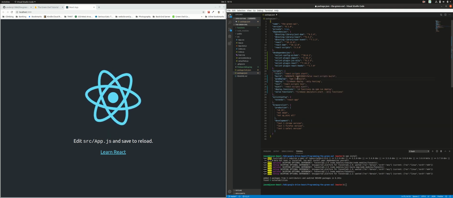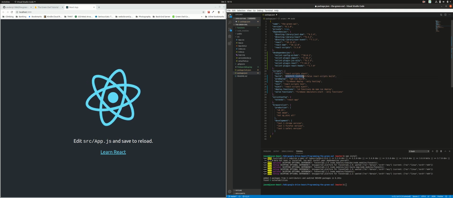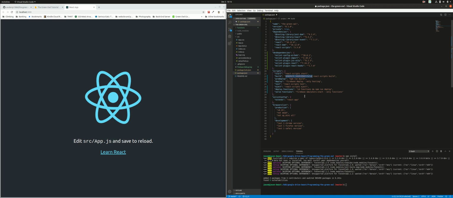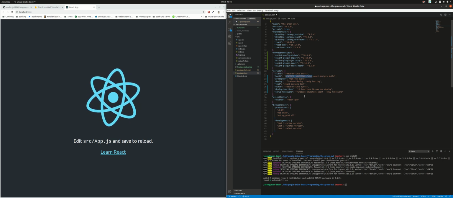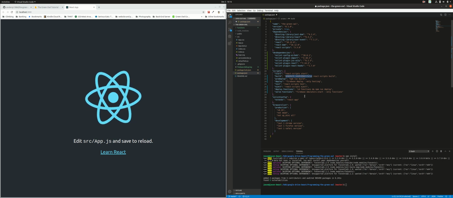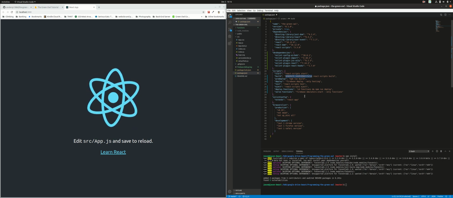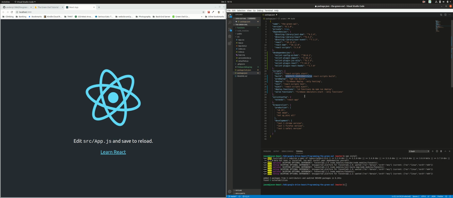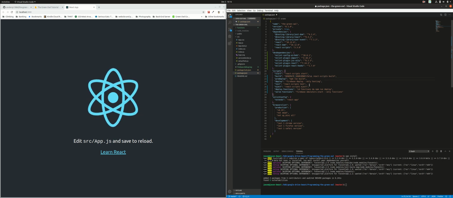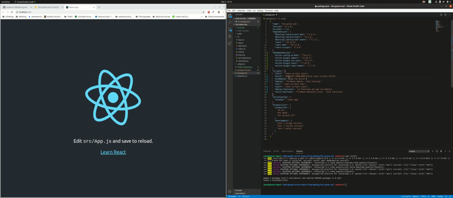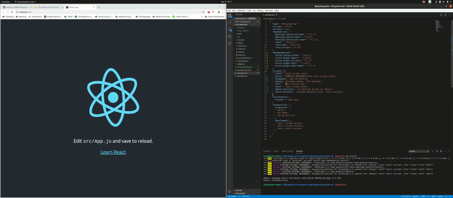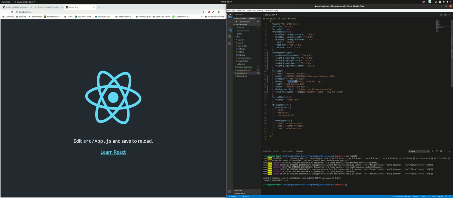So what happens here is in our build we want to set generate source map equals false. That way if someone goes in and inspects our project, they won't be able to see our React code. If you go into a project that doesn't have this, you can hit inspect and you can kind of mess around in there until you see the exact code from the project. Pre-deploy, we want to do npm run build, and then once we deploy it, we want to do firebase deploy